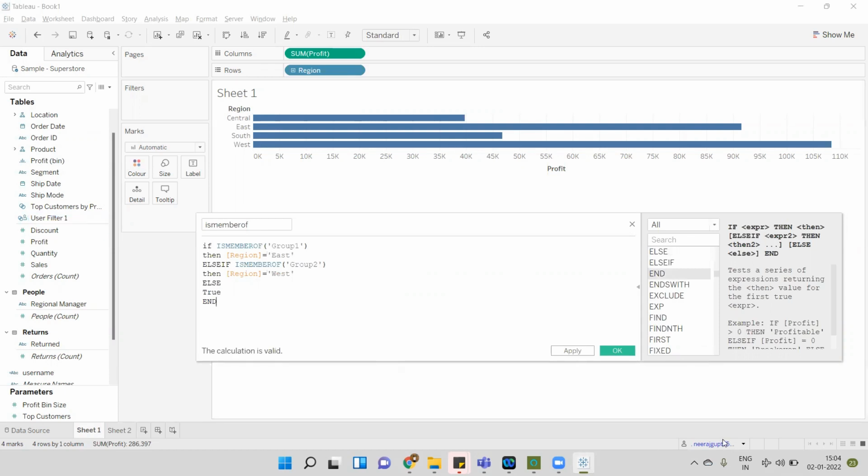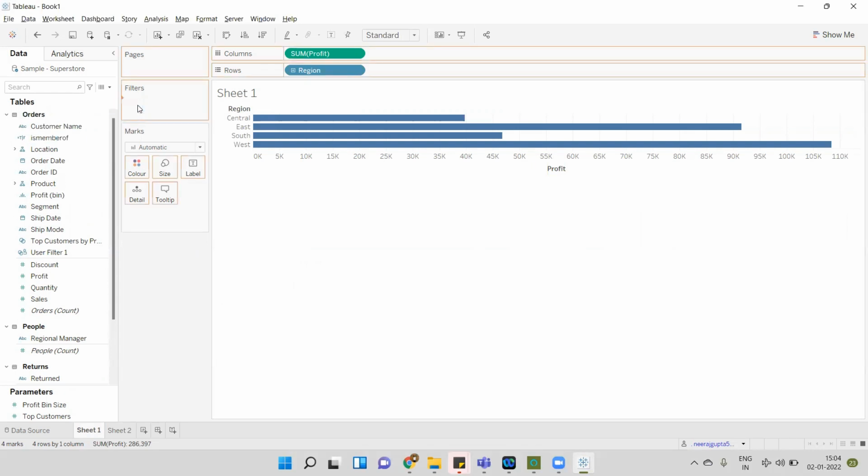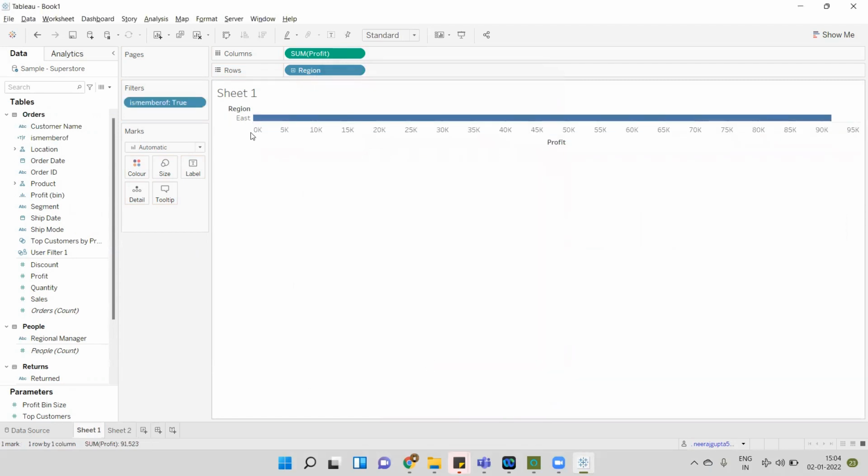So whoever logs in right now, Neeraj has logged in, and Neeraj belongs to group 1. So it will check if the current user belongs to group 1, then show region is equal to east. If it belongs to group 2, then region should be west. Else true. This true will return the complete data. So let's see how it will work. I will drag this calculated field into the filter shelf. I will select true. So here we can see Neeraj has logged in, and we are showing the data of east